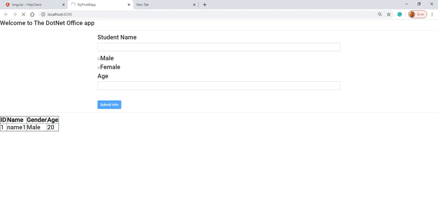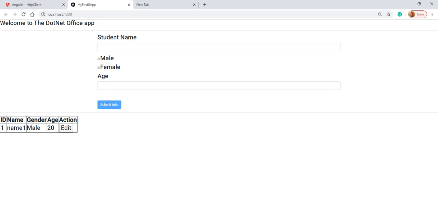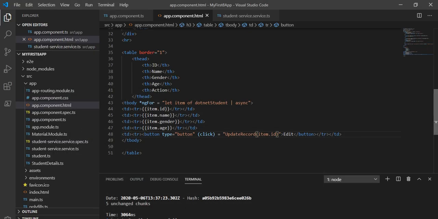It's not showing that button. Let's see what the problem is. Okay, it's loading. Still it is loading. So we can see here it is showing one action column, and here is the button. So when we click on this edit button, this full information should load here, and if we update anything, it should reflect here. First I will take this portion in the middle, so it will be easy to understand.